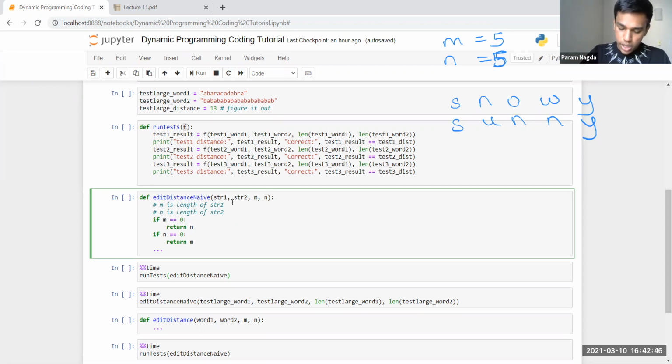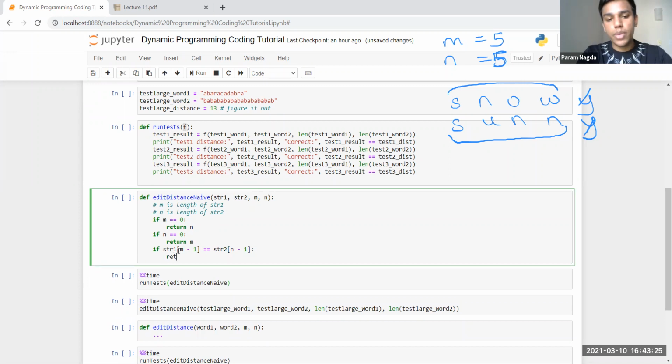So let's get started. What happens when our last characters match? We want to compare string 1's last character to string 2's last character. When these match, we just want to cancel these out, and then run our algorithm on the remaining strings, right? That's snow and sun with a double N. So let's write that out. If string 1 at m minus 1, because m is the length, is equal to string 2 at n minus 1,